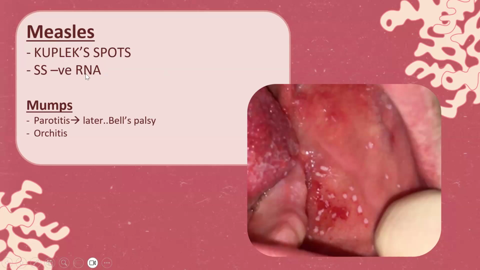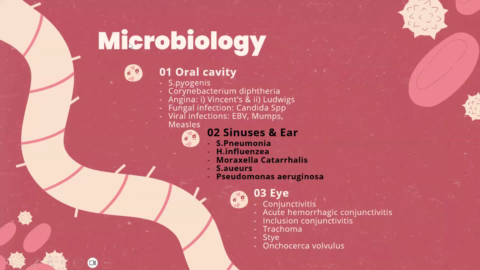I like to remember it: Qubla is like kiss in Arabic, so Koplik spot, measles. So if you kiss someone, you'll get measles. Qubla, you will get measles. Okay, just a mnemonic. Okay, we are done, alhamdulillah, with the first microbiology lectures with the diseases, with the organisms